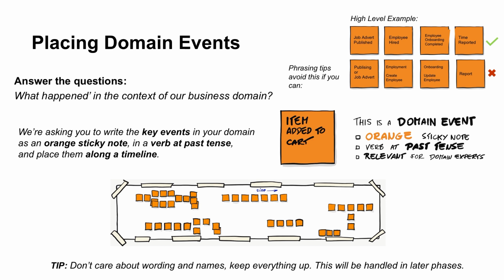All the things that happened before will be to the left, and the things that are consequences after will be on the right. So you will maybe start at some sales or order placement, depending on your business, and work through the offerings and maybe the payments and fulfillment, or whatever it is you're doing. That's the timeline you want to have as a guide when you're placing all the events.